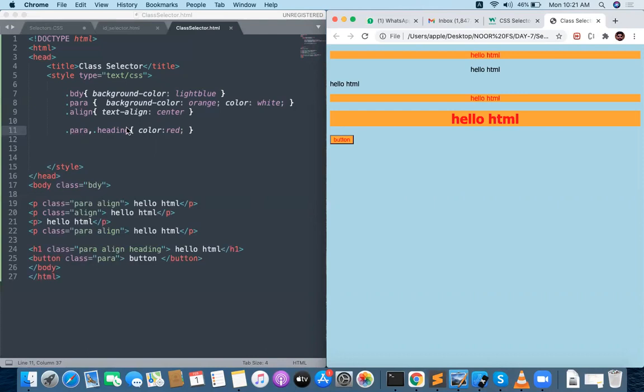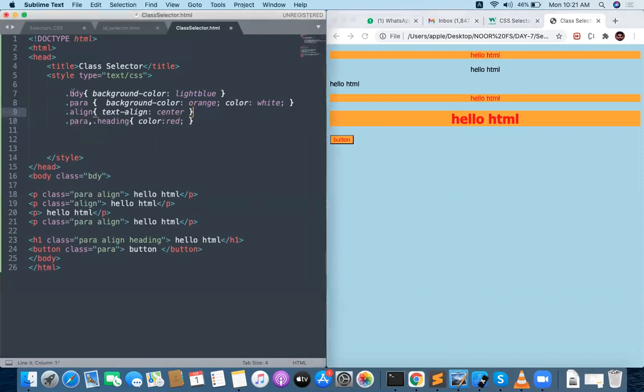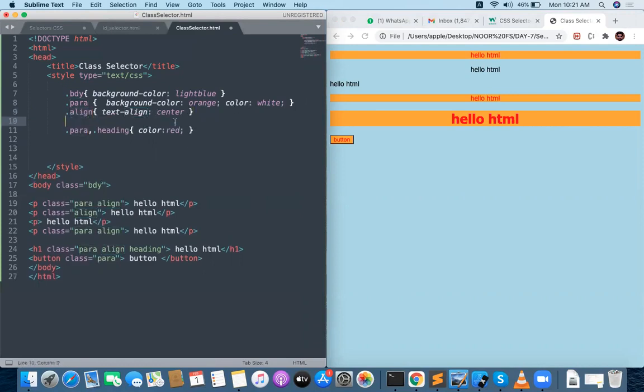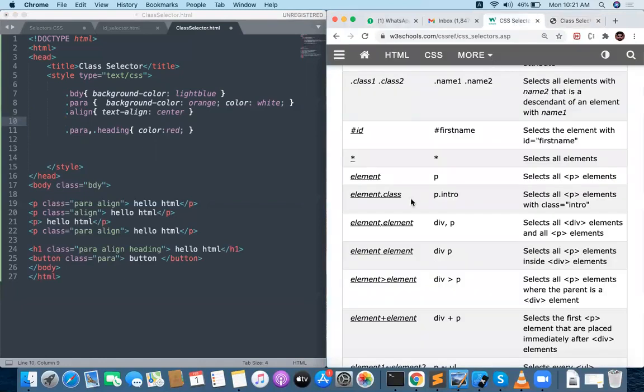So comma separated classes also you can define like this. The first one is simple class, second one is also simple class, third one is also simple class, and fourth one is the group selector. Group selector is nothing but you can provide multiple classes, comma separated, with the same style. You can provide the same style for that.